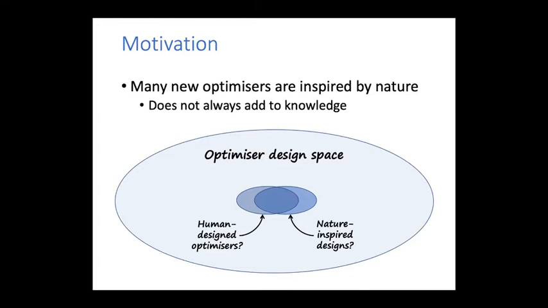In the past, we've had some success by looking to biology and other natural systems to come up with new ideas for optimization. But in recent years, this seems to have hit a bit of a brick wall, and the new optimizers produced by this process seem to be pretty much retreading old ground. So perhaps using bio-inspired optimizers isn't the best way of exploring this entire design space.